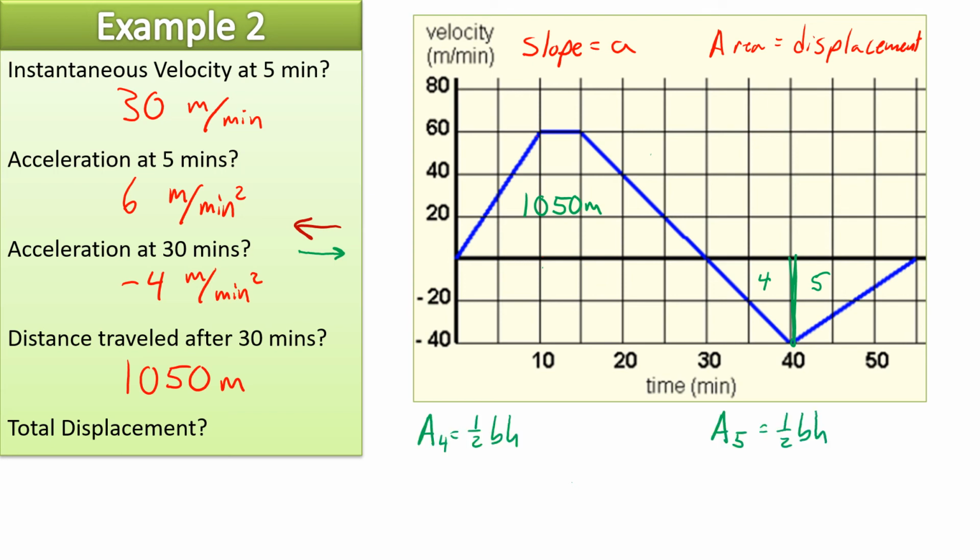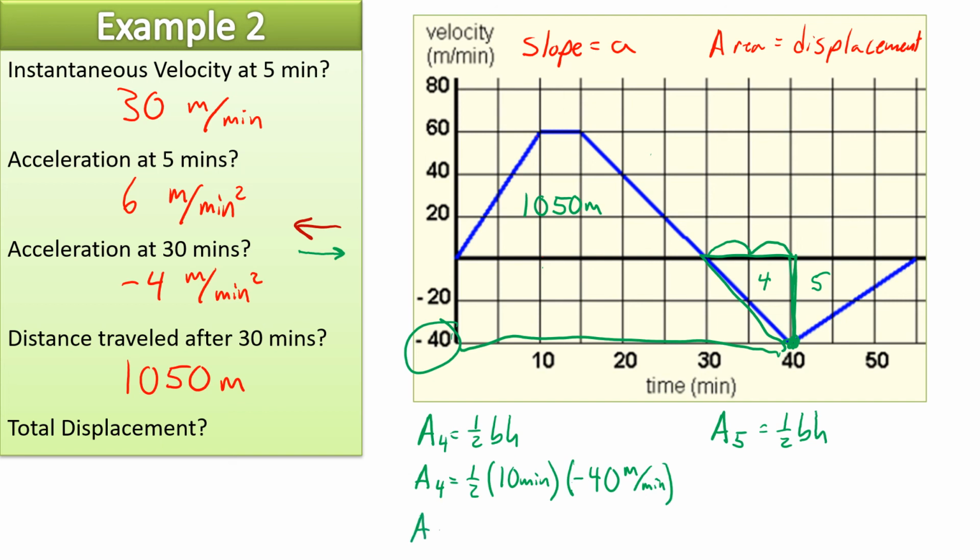So for the 4 triangle, we have 5, 10. The base is 10 minutes long. So area of 4 is equal to 1/2. The base is 10 minutes. And the height, now watch the height. The height of this triangle is -40. And here's where we're going to get our negative numbers. Meters per minute. Okay, so we could do the area of number 4 is equal to